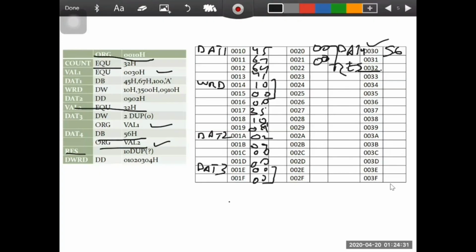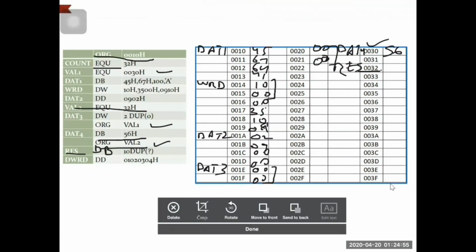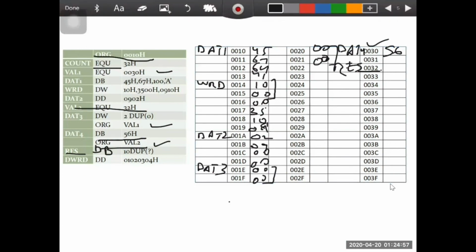So here it will be DB. Okay, so 10 bytes will be reserved, so we have to reserve 10 memory locations. So we'll cross this 10. 1 2 3 4 5 6 7 8 9 10,